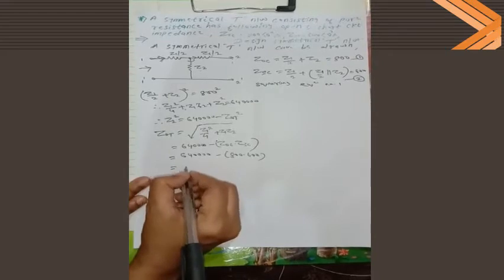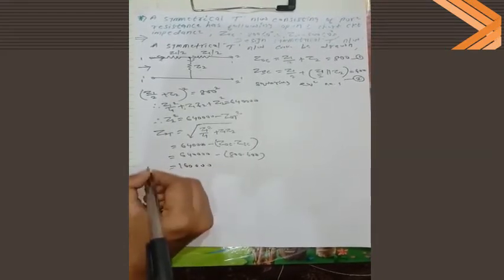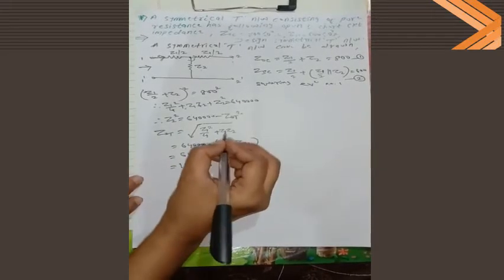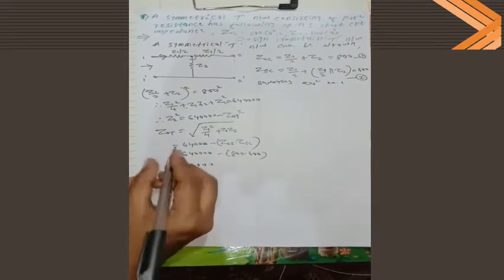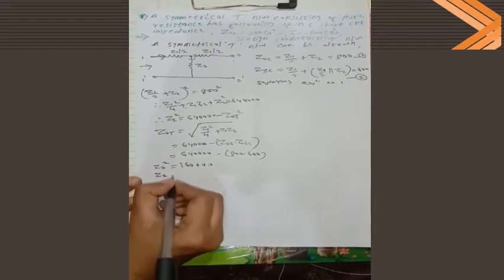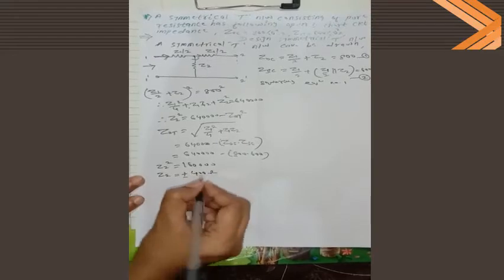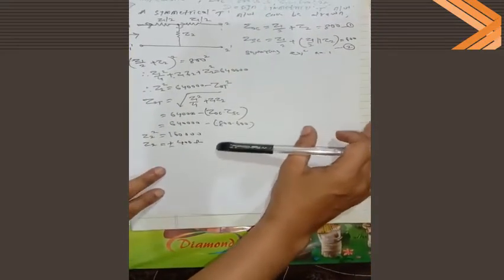So finally if you are doing this, you will get this term, that is nothing but my Z2. Okay, how am I getting this Z2? Just because of the root term, this term will go here, we are getting Z2. Finally you will get this squaring term, then finally Z2 is equal to plus or minus 400 ohm. So once you got one value, definitely you will get the other value. Which is that other value?